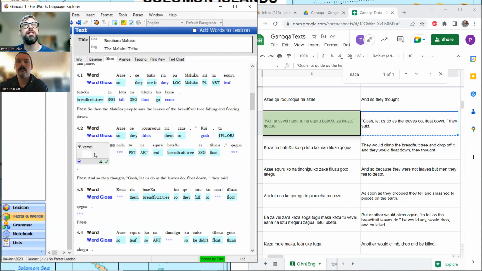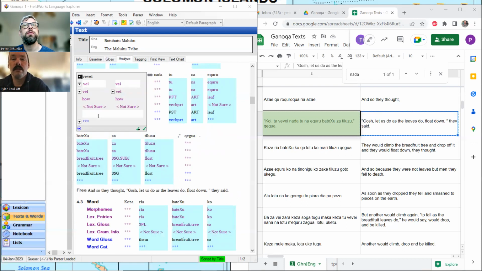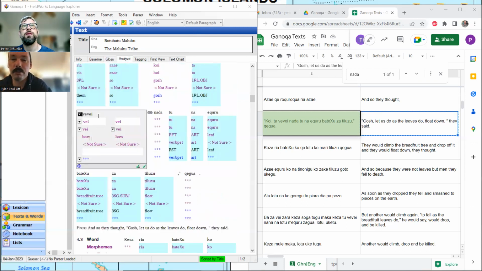And very frustratingly, it still hasn't identified Veve, though in the analysis we already did. What's going on? Well, we haven't taught it a word gloss. They're not really that directly linked, these two things. It's going to recognize lexemes, but it has to have seen a certain word with a given word gloss in order to propose it again. Let's do how. It might even be like do how.